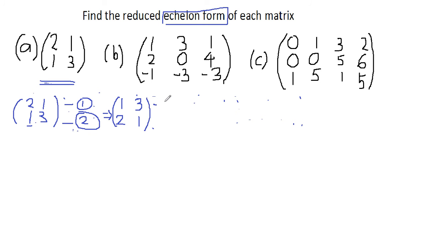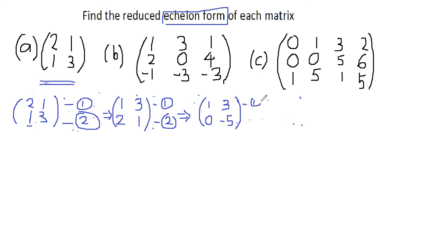Now we can eliminate the x variable in the second row. Hence we add minus 2 times row 1 to row 2. Let's start off: 1 3. Minus 2 times 1 gives me minus 2. Minus 2 plus 2 gives me 0. Minus 2 times 3 gives me minus 6. Minus 6 plus 1 gives me minus 5. So now